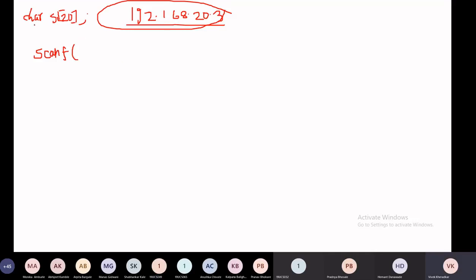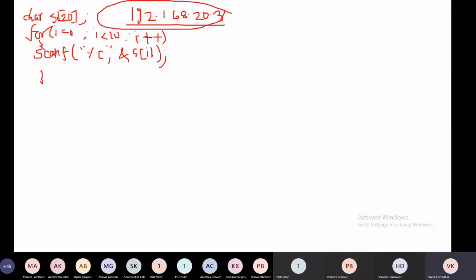If it is a character array, then %c is required, right? Yes, as I want to input character by character, and the name is ampersand s of i, right? Where does the i value range from? For i equals 0, i less than 20, i plus plus. But what is the problem with this? This is the code for inputting a character array from the user.